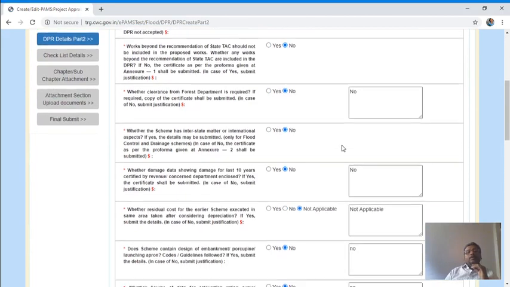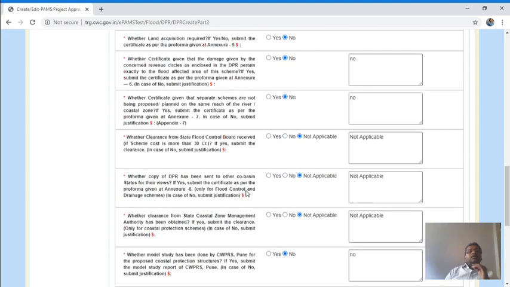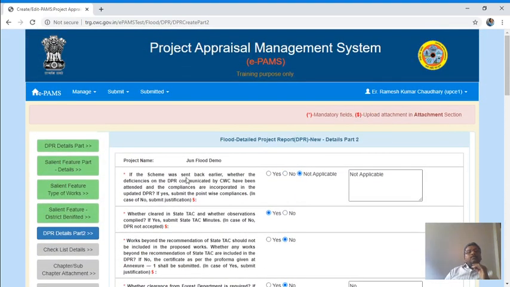These are the parameters captured. Just see one: if the scheme was sent back earlier, whether the deficiency on the DPR communicated by CWC has been attended, and the compliances are incorporated in the updated DPR, if you submit the point wise compliances.